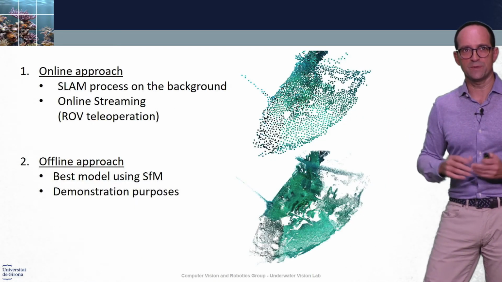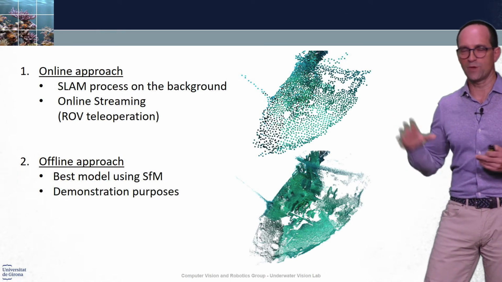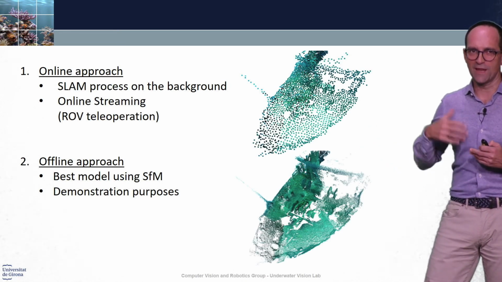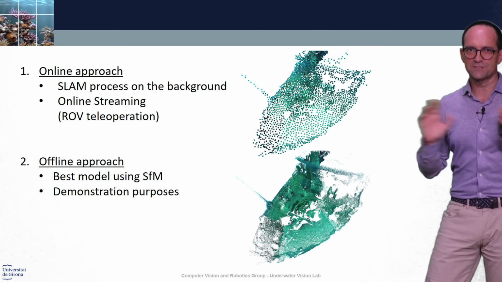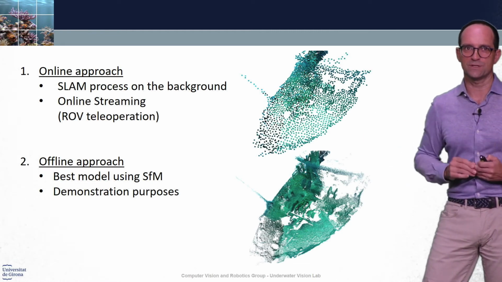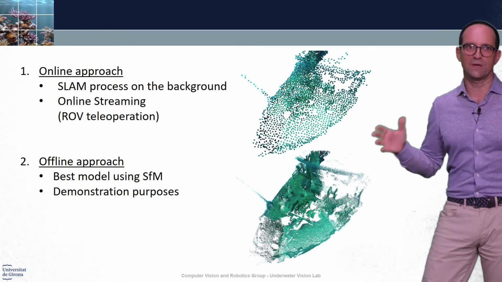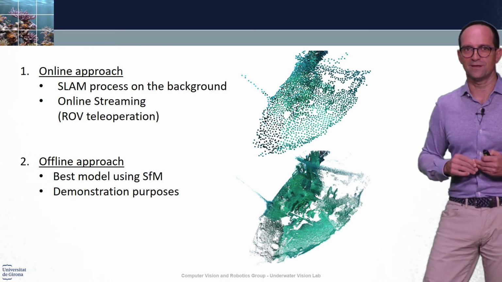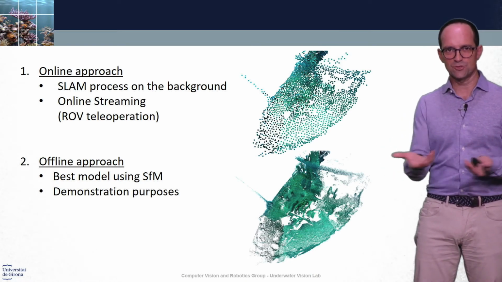For doing this, we are basically using 2 approaches. One is an online approach, in which we have as a backbone a SLAM process that allows us to get a sparse representation, and based on that we can have a rough idea of what is close and what is farther away. Then we have a second, offline approach that allows us to get a denser cloud of 3D points using structure from motion,